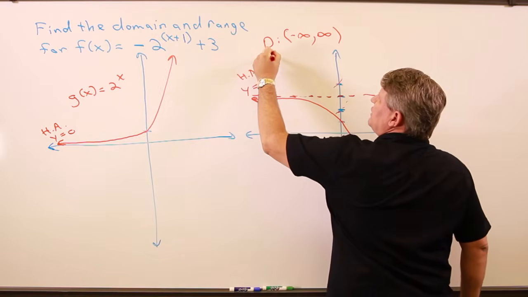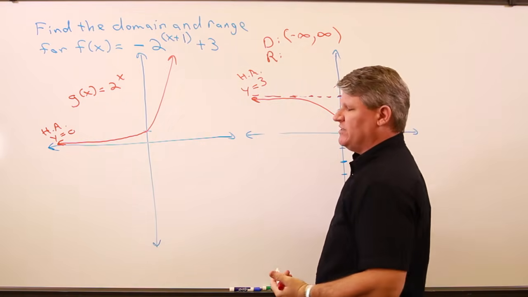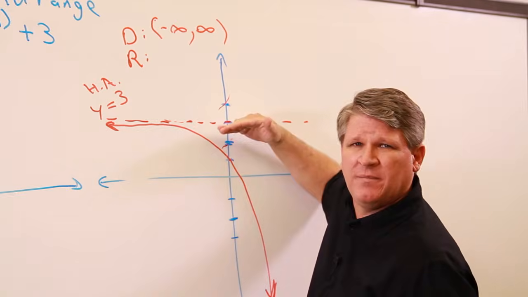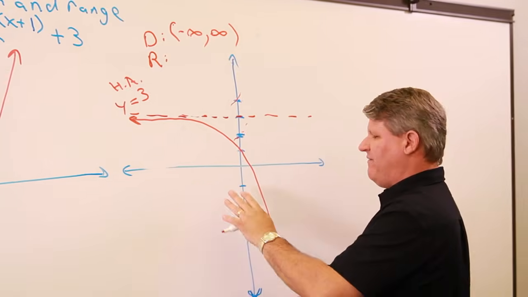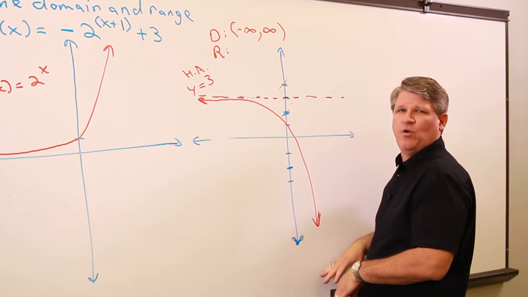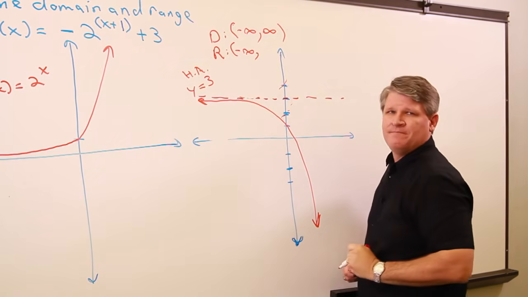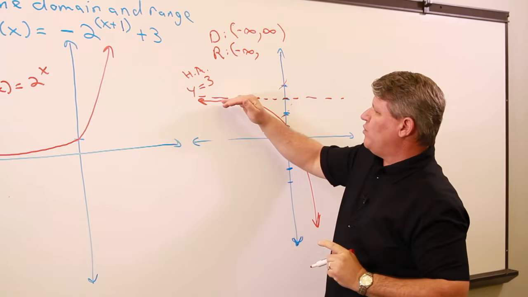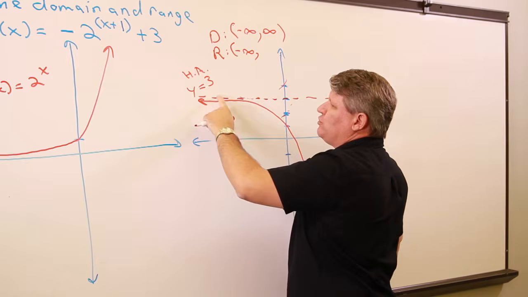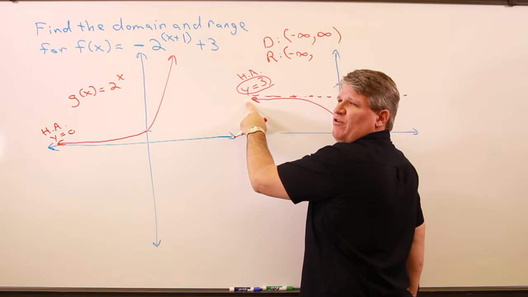The one thing that does change from function to function will be our range. Now remember, I said the range is the y-coordinate of the bottom to the y-coordinate of the top. Well, again, I don't really have a bottom point per se. My graph goes down. The arrow indicates that I'm going down forever, so my y's go down to negative infinity. I also don't really have a highest point. My points are going to be getting closer and closer and closer to this horizontal asymptote,